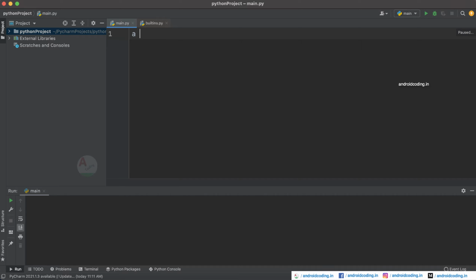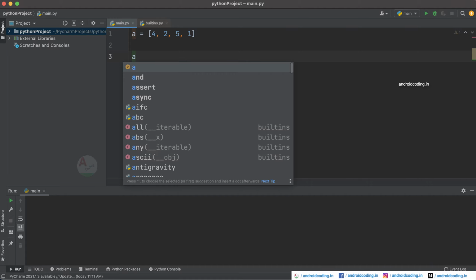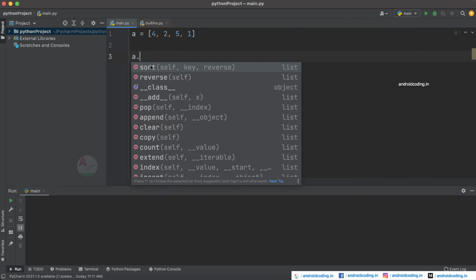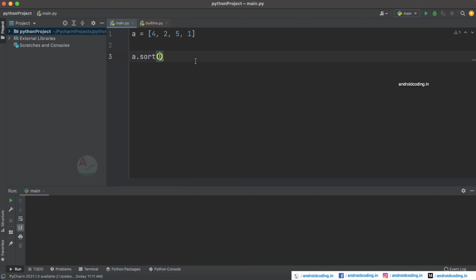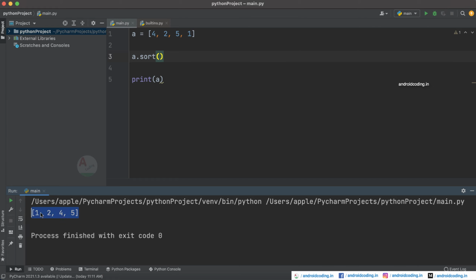So here let us consider values like 4, 2, 5, 1. This particular list is not sorted currently. So let us try to sort this list, for which we will be making use of a method, a dot sort. Now let's try to print a. Here you can see we have got the sorted list printed into our console like 1 2 4 and